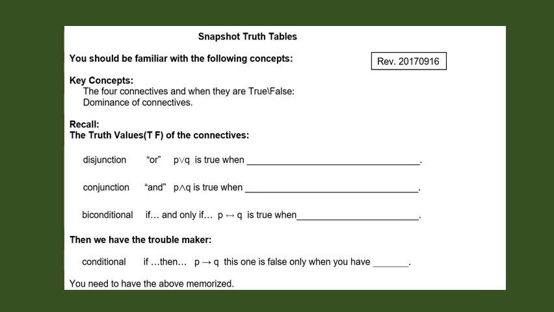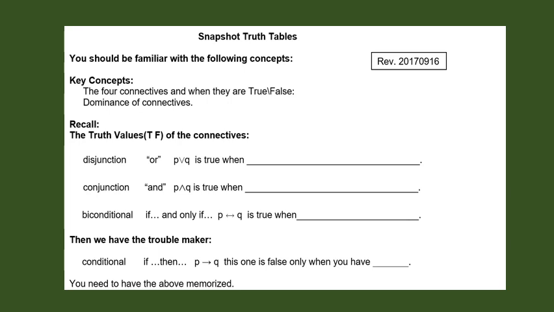Okay, everybody, this is a snapshot on truth tables. You should be familiar with the following concepts. That is, again, you should have looked over lecture notes, watched lecture, read the book. Key concepts: the four connectives, when they are true and false, the dominance of the connectives. Recall the truth values of the connectives, or, once again, you should be stopping the video and answering these questions,